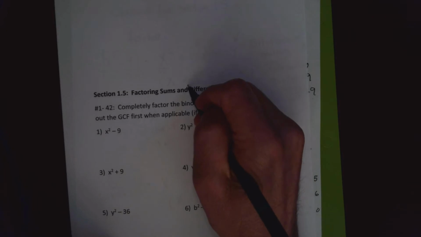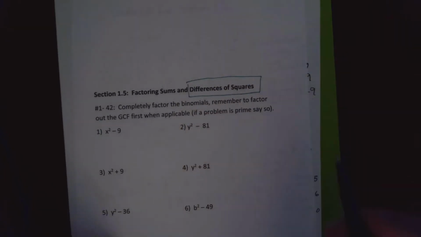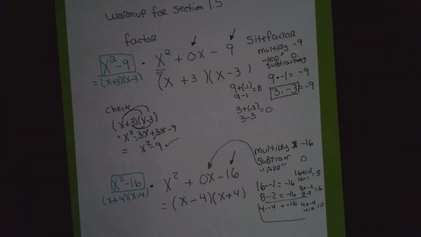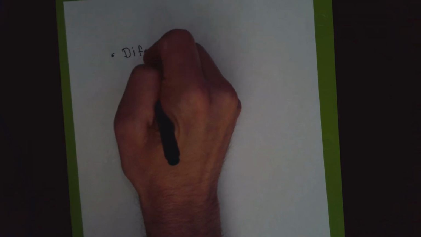Very specifically, the versions of the problems with 2 terms without the zeros I call differences of squares. We're going to learn how to factor 2 styles of problems with 2 terms in section 1.5, and the easier is factoring differences of squares. So in section 1.5, all of the problems that are going to ask us to factor are going to have 2 terms. And there's 2 styles of problems. One of the styles